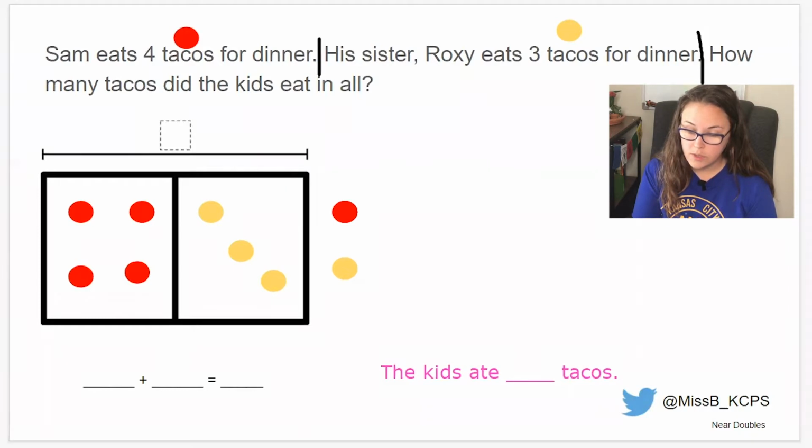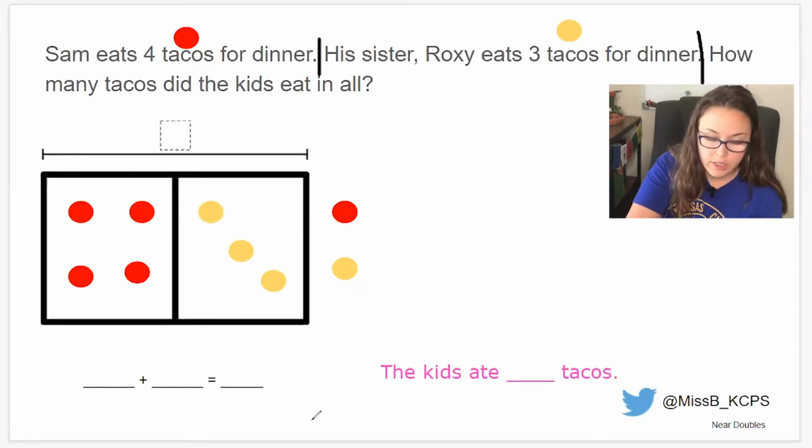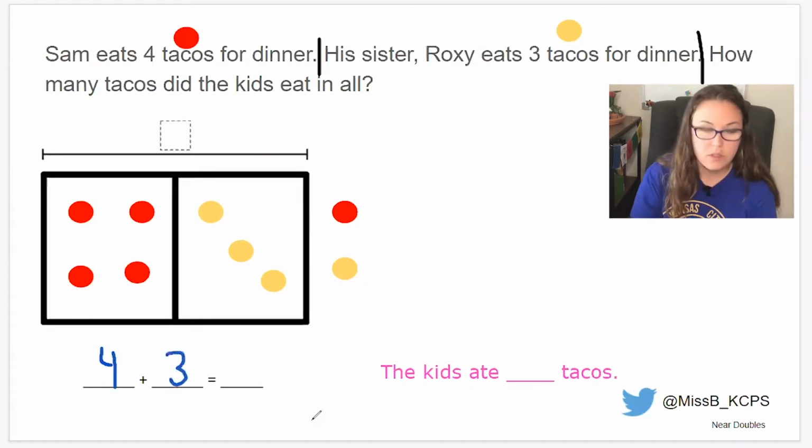So next we're going to work on our equation. Down at the bottom here, we're going to write our equation, and then we will solve using the blank space on the right of your screen. When we're writing our equation here, we need to start with 4 because there are 4 counters on the left side. Then we're going to add 3 to that